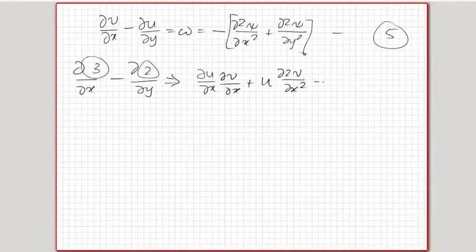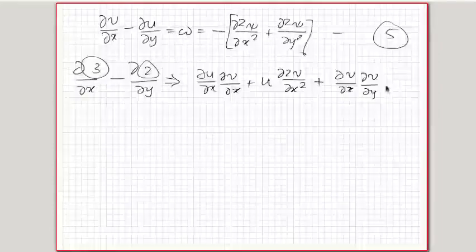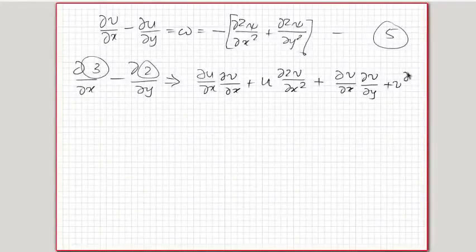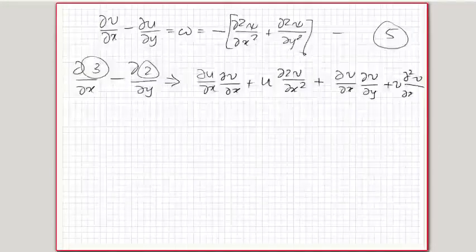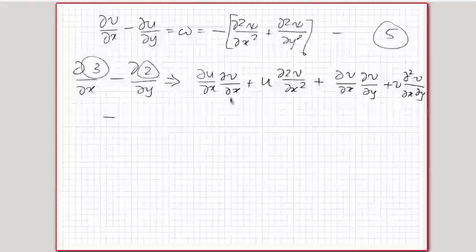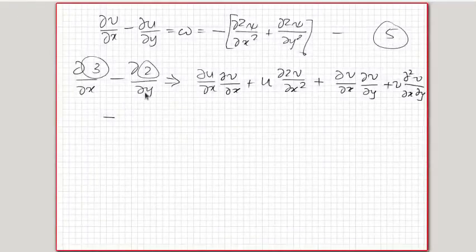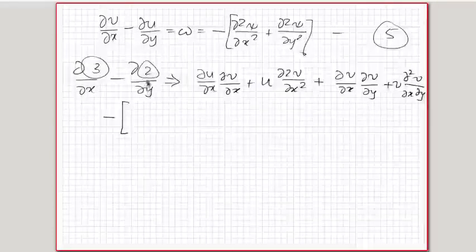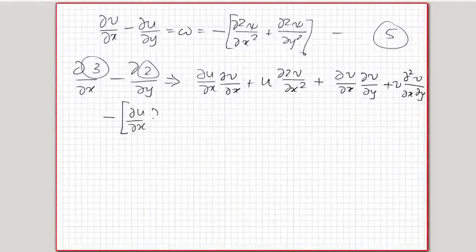Okay, so the next term is v del v by del y, so it becomes del v by del x into del v by del y plus v del squared v by del x del y. Okay, minus, let us do the left hand side of equation number 2, which is del by del y of, I'll keep this in the bracket, del by del y of u del u by del x, so it will be del u by del x into del u by del x